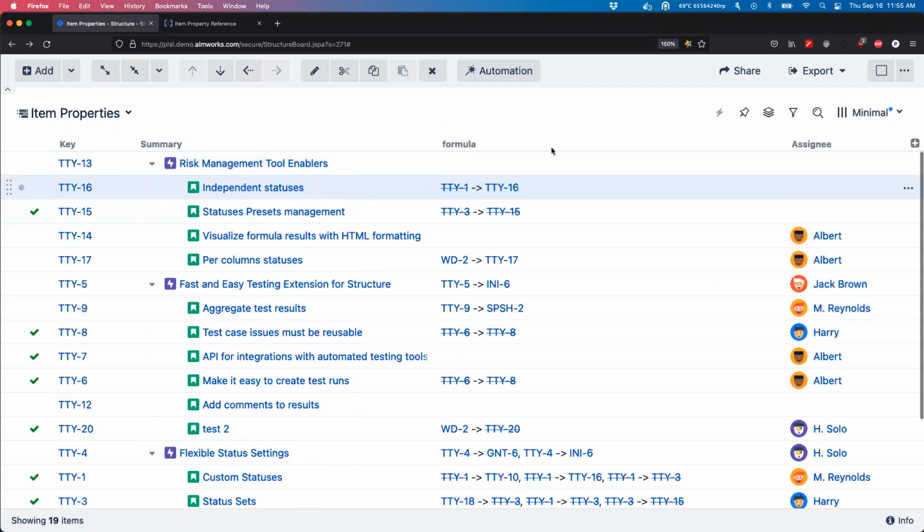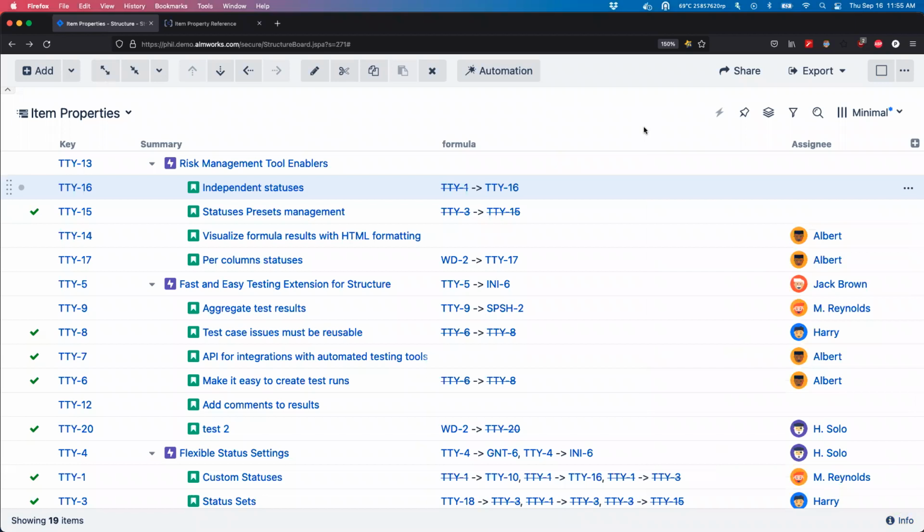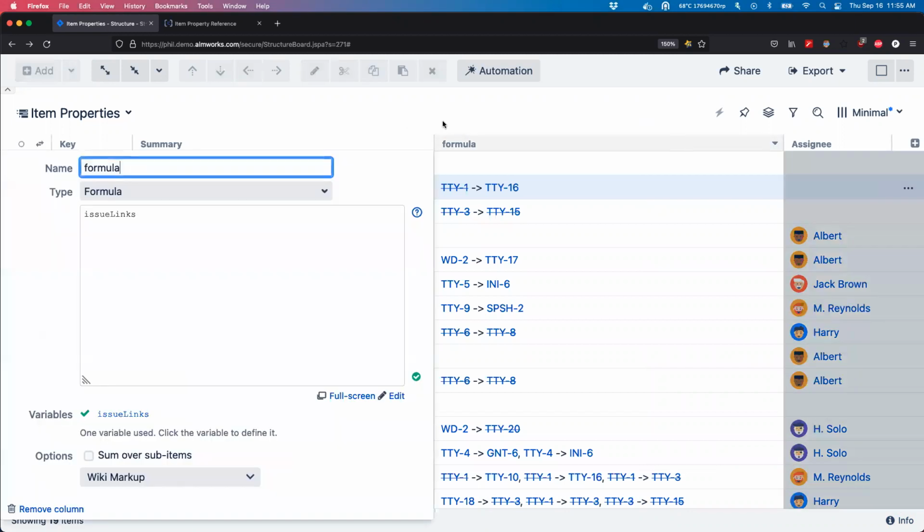The second thing would be, indeed, I would check the version. You can track that by clicking the information at the bottom right here. It will tell you what version of Structure you're using. 7.2 right now is the latest version. So if you aren't on 7.0, you won't be able to have that, obviously. The big launch of Expr 2.0 was tied to Structure 7. We've done some additions or supplements to the formulas in the meantime. So if you get to 7.2, you can do a little bit more than you can do with 7.0. But those would be the first two things I'd check,